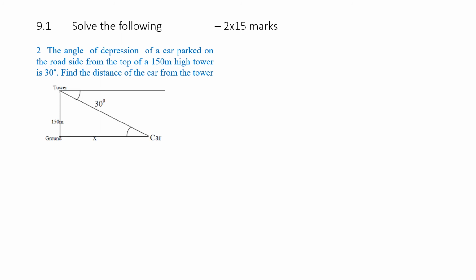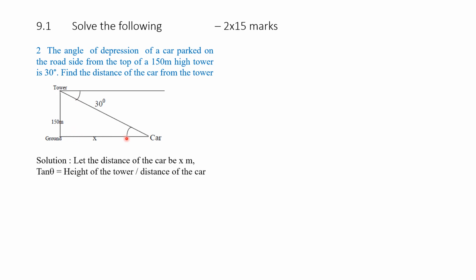You see, this is a tower of height, it is given 150 meter, this is the ground level, and somebody is standing on the tower top and he is viewing a car here which is parked at a certain distance. So, from the top, he wants to calculate the distance of the car from the tower. What distance is the car? So, this angle is the angle of depression, that is from the top to this one is 30 degrees. Therefore, height of the tower is 150, angle is 30 degrees, and we have to find the distance x.